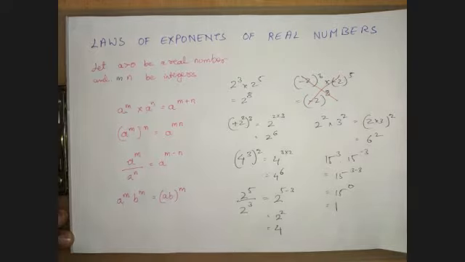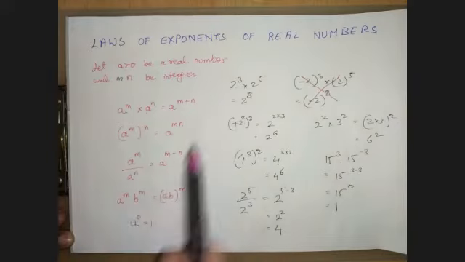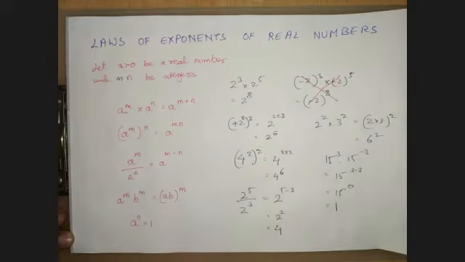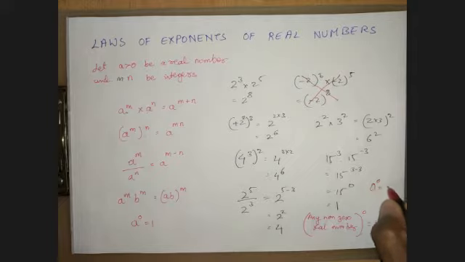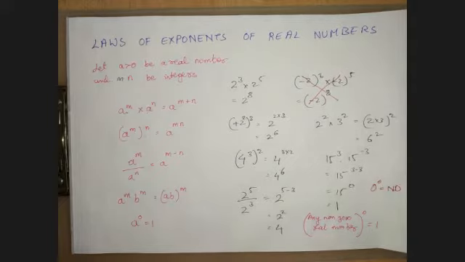So I have another property, that is a power 0 is equal to 1. This is not only for positive real numbers, this is right for any real number. So I can write this as any non-zero real number power 0 is 1. But why have I written any non-zero number? Because 0 power 0 is not defined. It is complex, so as of now, it is not defined. So for any non-zero real number, that means even a negative one, minus 2 power 0 is also equal to 1.